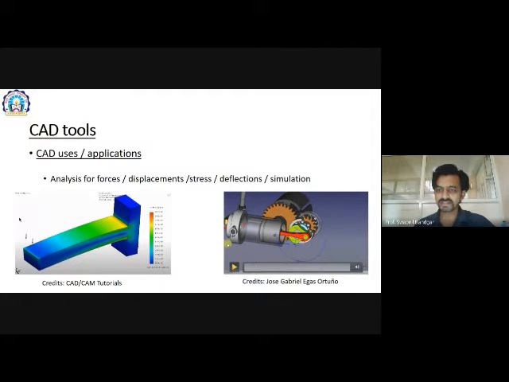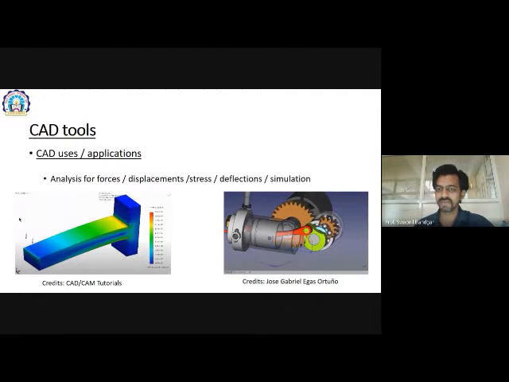And the next example is this simulation. You can see the simulation of an IC engine here. All this you can do in CAD software. This is an assembly of n number of parts. There are 20-30 parts. The crankshaft is there. The gear is there. Bearings are there. Valves are there. So it is a very beautiful animation of the simulation of the model. So you can see once the crank rotates, how the pistons operate, and with this link how the valves are operating there.